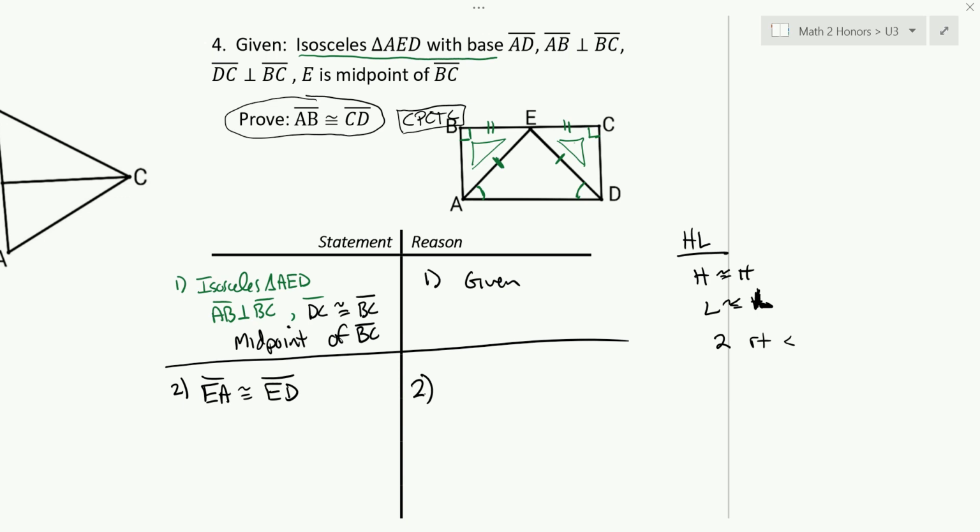If you have isosceles, then your base angles are the same. So that we're not wanting that. The converse says if you have base angles the same, then it's isosceles. The definition says if it says isosceles, that means 2 sides are congruent. We want the definition. The definition of isosceles